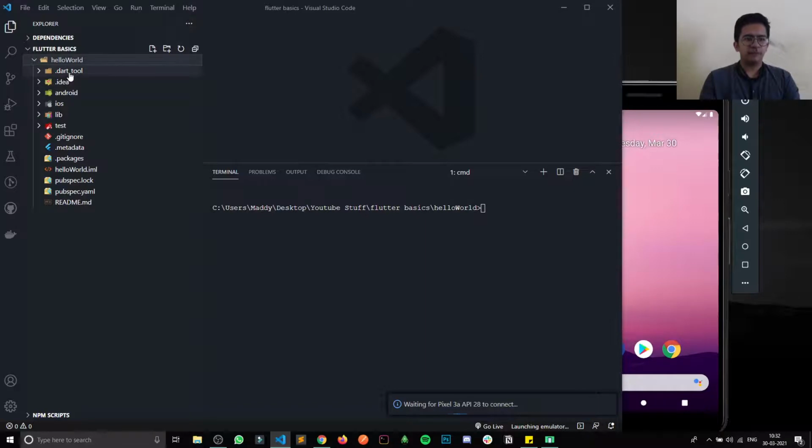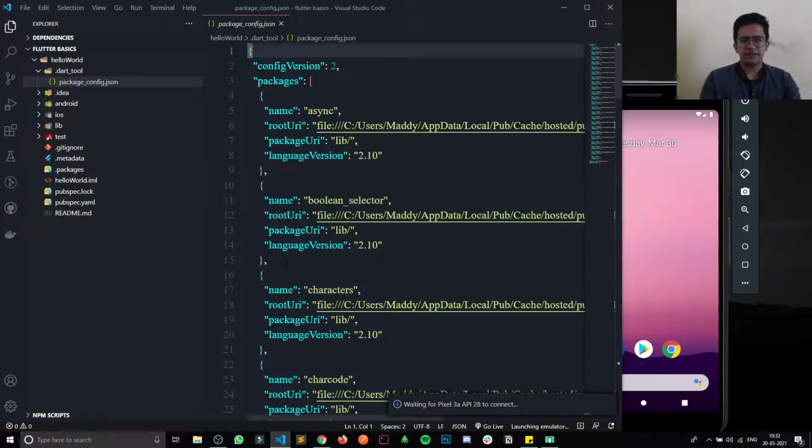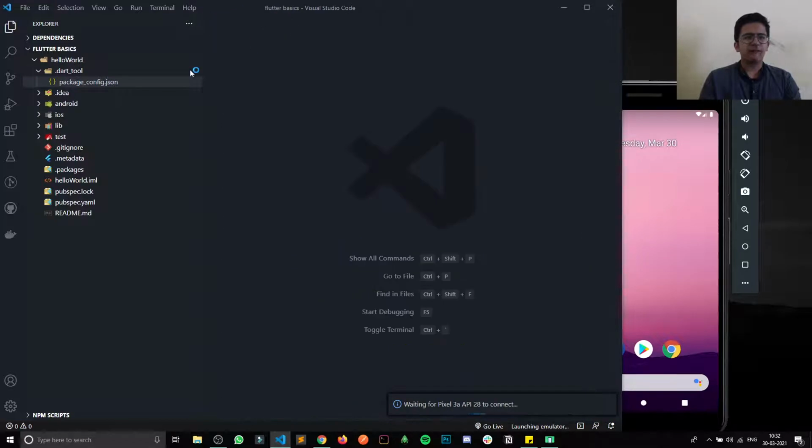Inside that there is this much of stuff already existing. The first folder, ignore it. It is project configuration stuff like that, so we never ever touch those. The .idea folder, we don't touch that too.